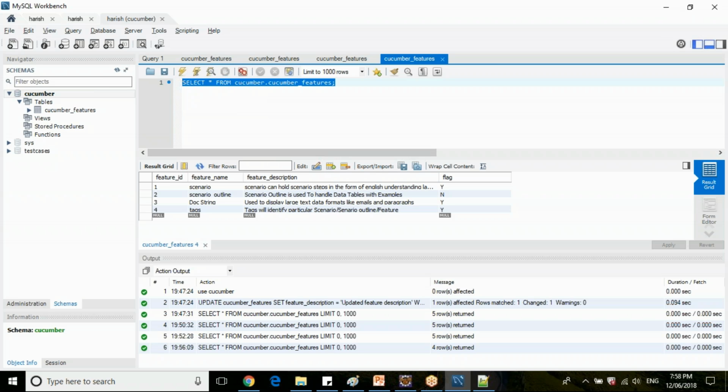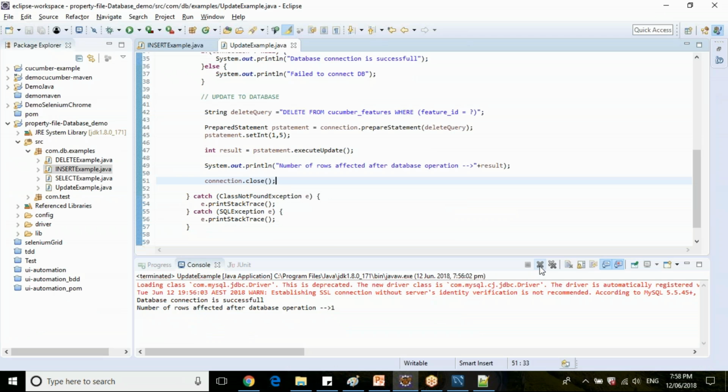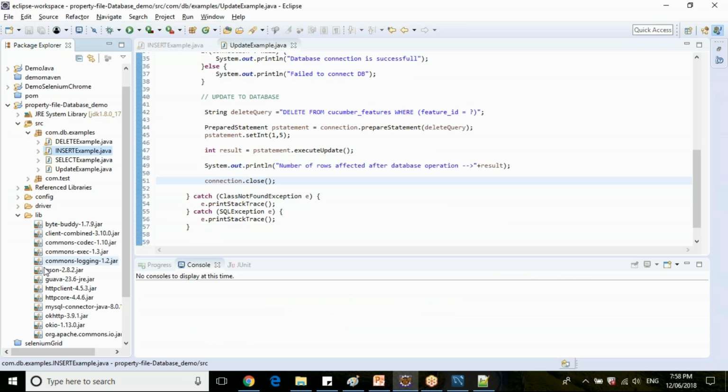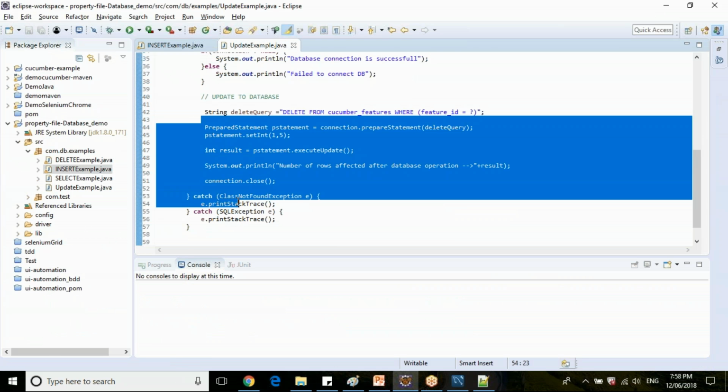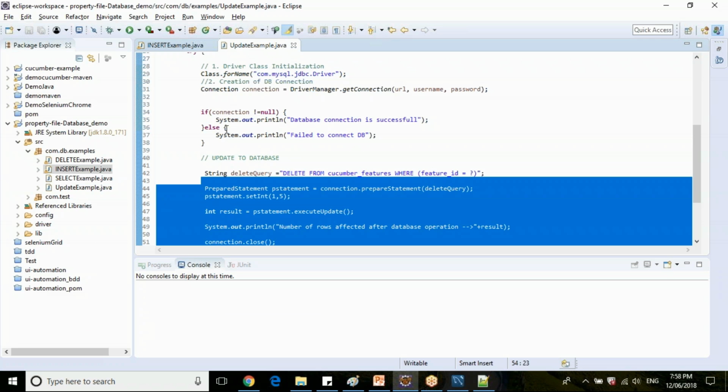So you can try Oracle also. Due to the time limitation, since we need to get into mobile automation testing, I couldn't spend more time on database. You can download Oracle, and instead of the MySQL jar, download the Oracle JDBC jar and add this jar to the library. Then the rest of the process is the same: prepared statement, connection, and result set. All the names will be the same as how we have done in MySQL.